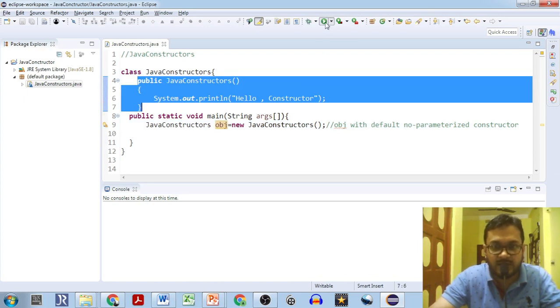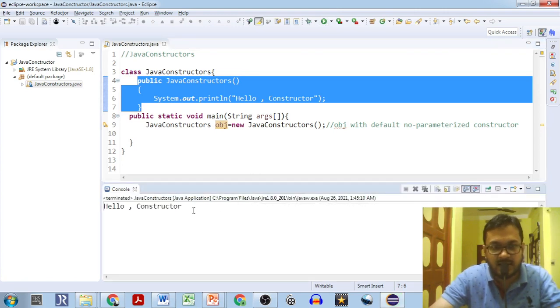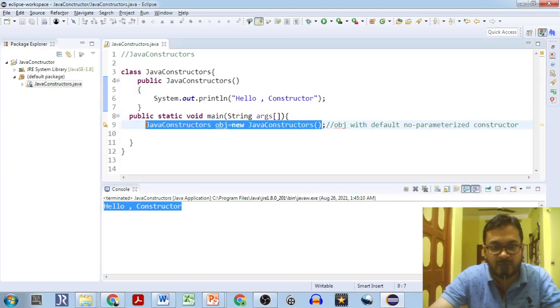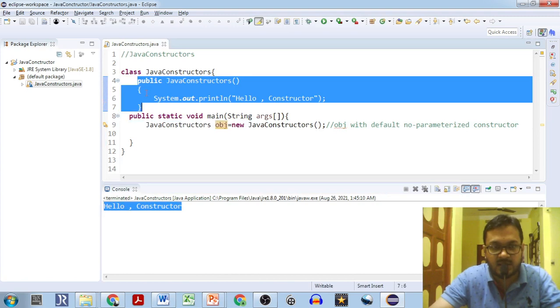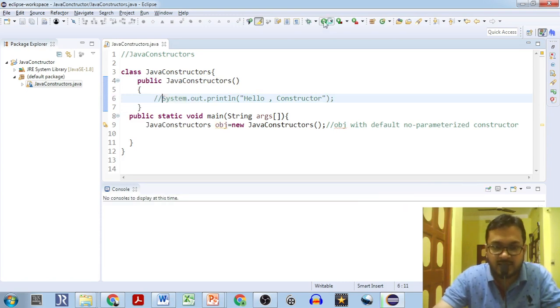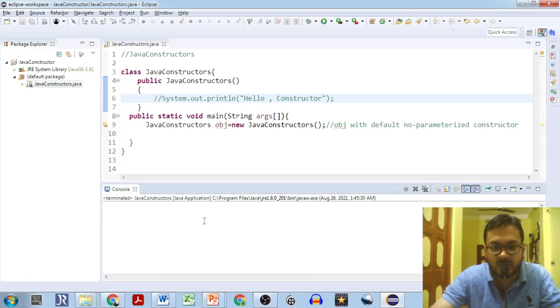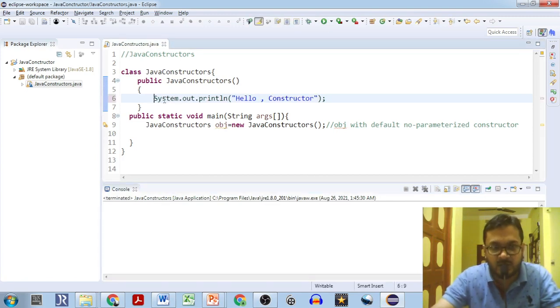So if we execute this, we can see the particular output, though we are not setting anything now using the constructor. We are creating the object, and while creating the object, the Java compiler is automatically calling this constructor. If you don't do this, it doesn't matter, that line of the code will not execute. See, the Java program is executed and it has come out on the console. Nothing is printed. If you print something inside, it will be there.